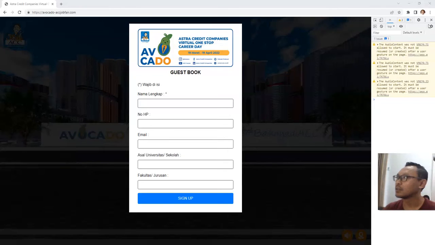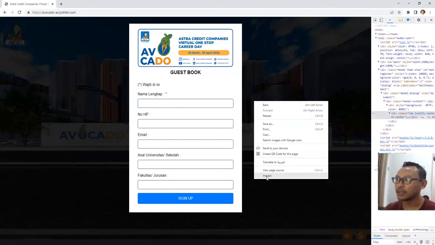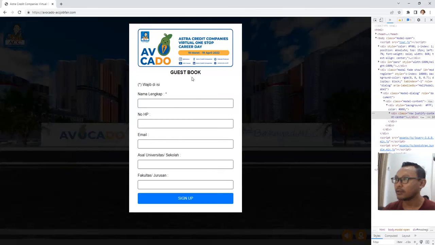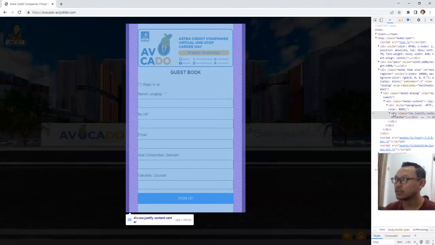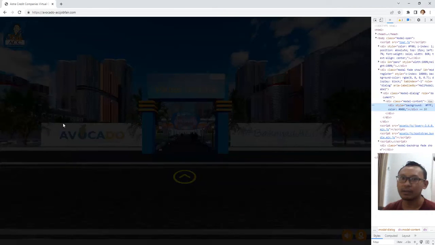You don't even need to open the developer tool, just do this. Right click on this annoying element, click inspect, and you will find the HTML tag of this element. It is this one. What you can do is right click on this element and click delete element. It's gone now, but